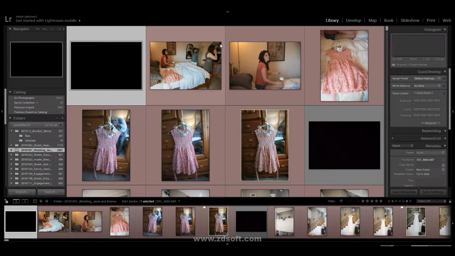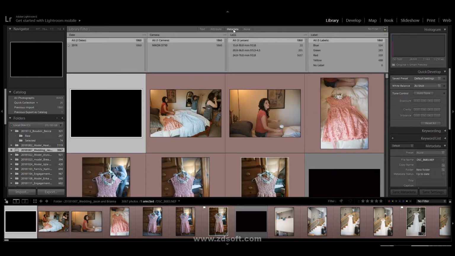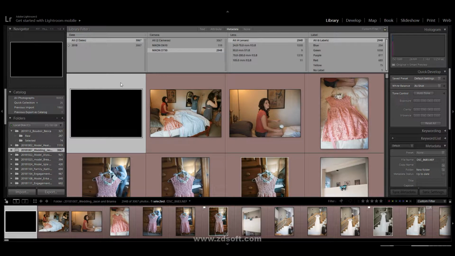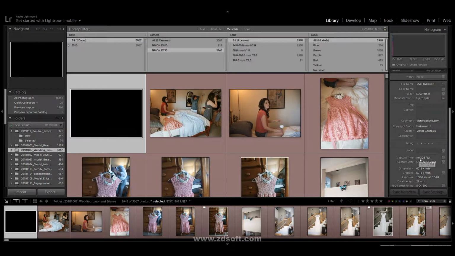So how to do it is you want to go into the metadata portion of the library module. So hit the backslash key. There it is. And then you can go to metadata. And what that's going to do is it's going to list the cameras that were used that you imported in here. So if you click on the D750 and you're just selected on this, on the right hand side, you can scroll down and you'll see the time, which is